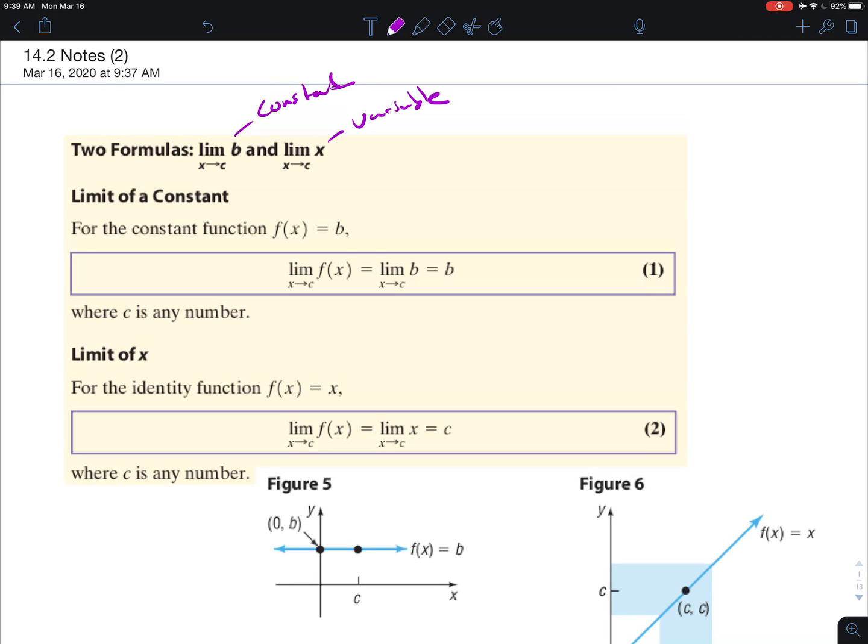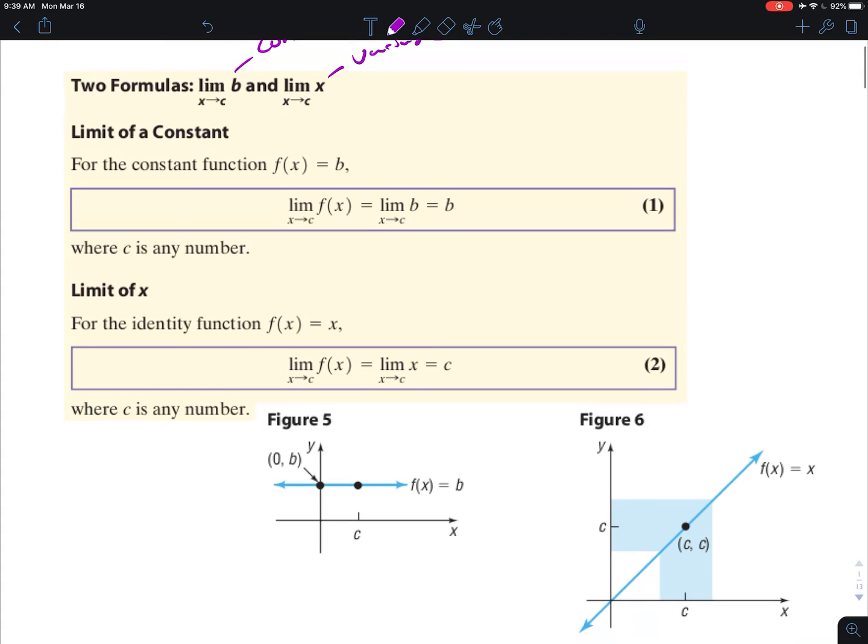I'll go pretty fast. Feel free to pause at any time and give these a try, either in the notes or for homework. And if I need to break it into two videos, I will to get it to work. But for the first one here, the limit of a constant,